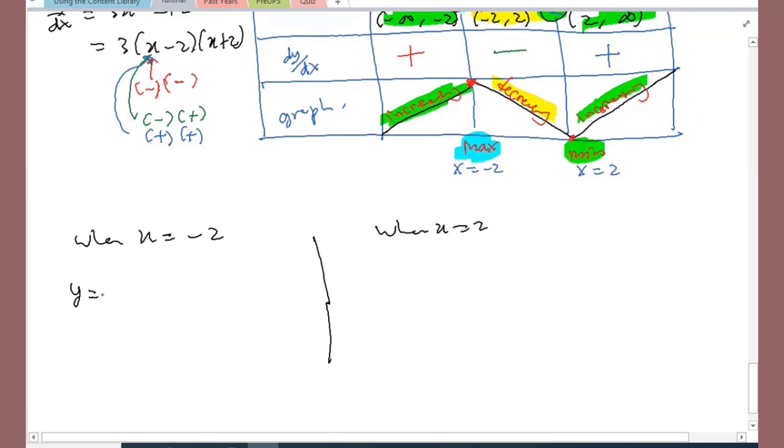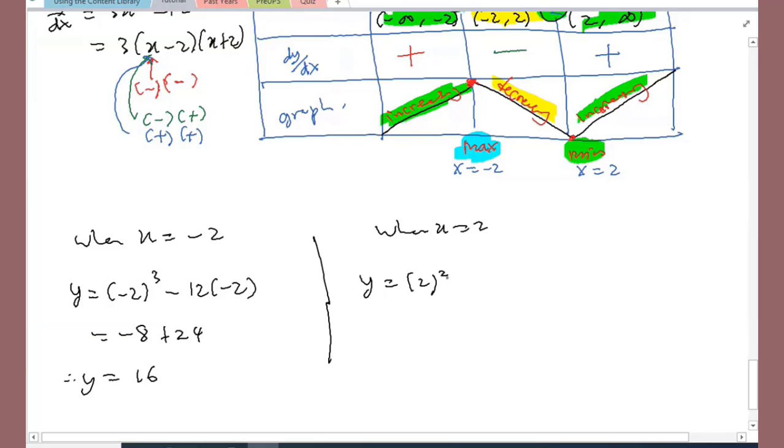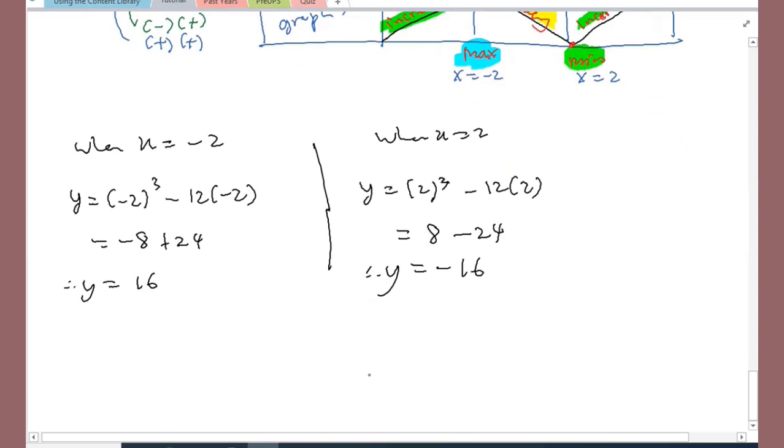y is equal to negative 2 cubed minus 12 times negative 2. And then this one is negative 8 plus 24, which is equal to 16. Okay, therefore y is equal to 2 cubed minus 12 times 2, substituting gives negative 16. Therefore, the conclusion is that the point (negative 2, 16) is a